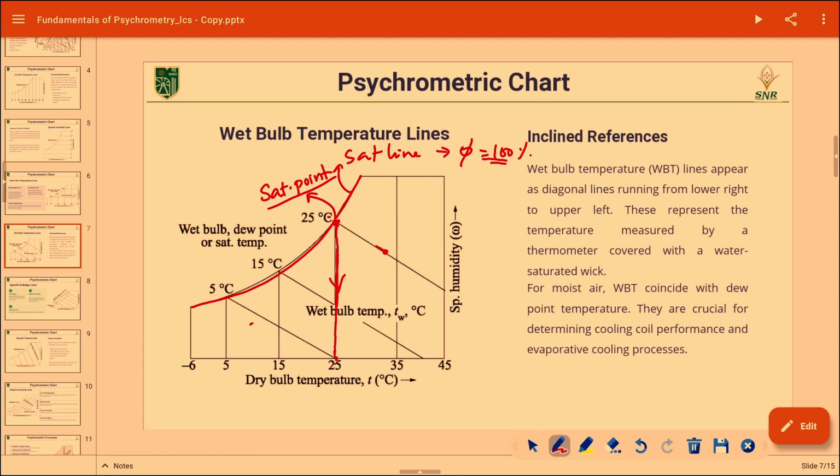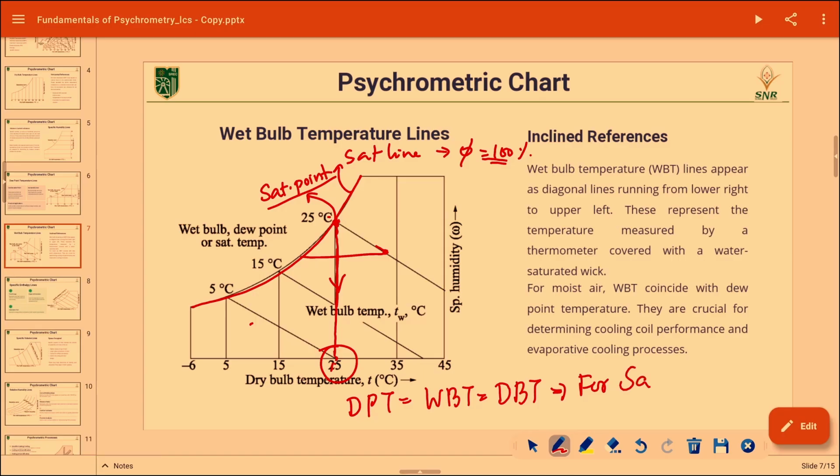What is dew point temperature? If the point is here, we would have moved this way, but the point itself is already on the saturation line. So, again just move vertically down. So, all these three temperatures are 25 degrees Celsius. So, that is why we said that for saturated air, all these three temperatures, dry bulb temperature, dew point temperature and wet bulb temperature are equal